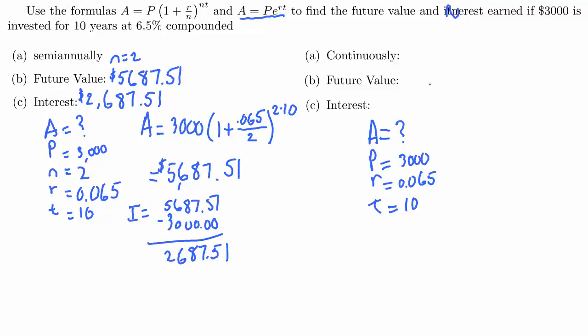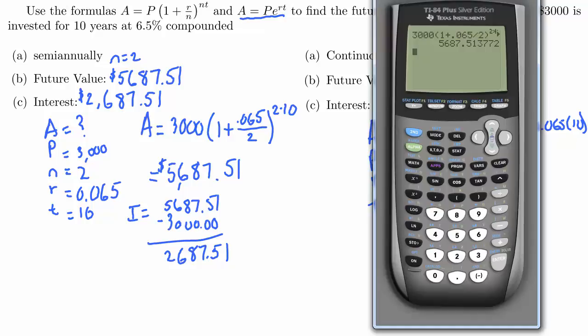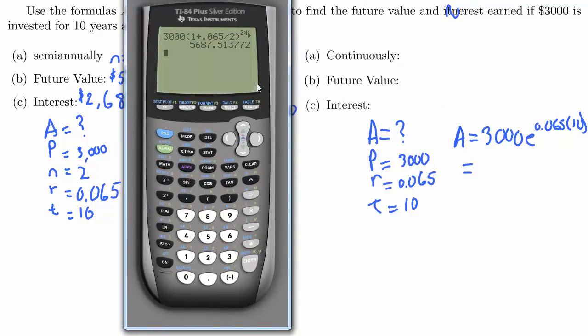So, using the formula, that means that A is equal to P, which is 3,000, times e to the 0.065 times 10. And then just simply type that into the calculator. So, get the calculator out and type in 3,000 times e, which is second ln, so it's e to the 0.065 times 10. And then click enter, and you see